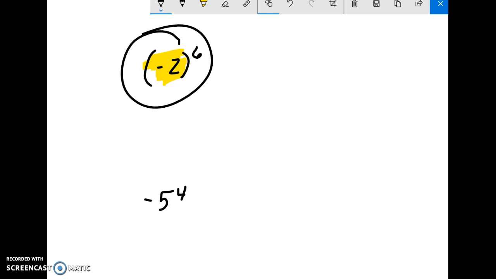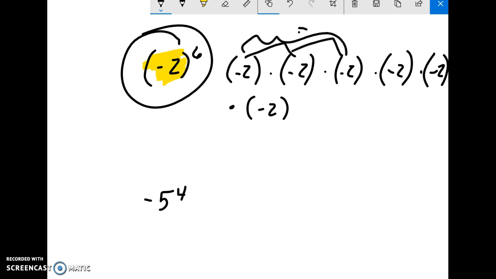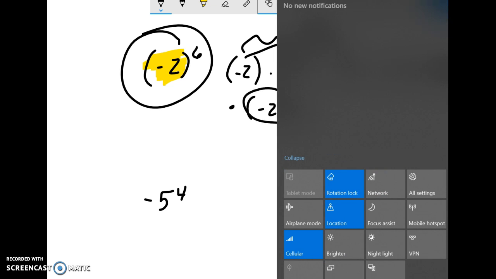So we're going to do -2 times -2 times -2 times -2. Getting a bit redundant. There we have 1, 2, 3, 4, 5, and then there's one more times -2. So negative times a negative is a positive. So -2 times -2 would be 4. But then when you multiply 4 by -2, you get -8. So these here are -8. And that would mean the other three, this one and these two, are also